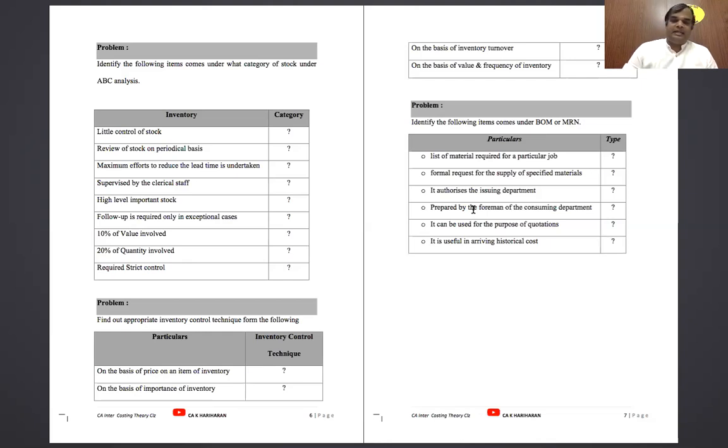Clear? Now we'll go to the next one. The next important one. So, I hope you understood ABC analysis. Clear? Very frequently asked questions are either advantages, concept-based theory questions, or direct theory questions, such as explain or short notes on ABC analysis. Now, the next important question.